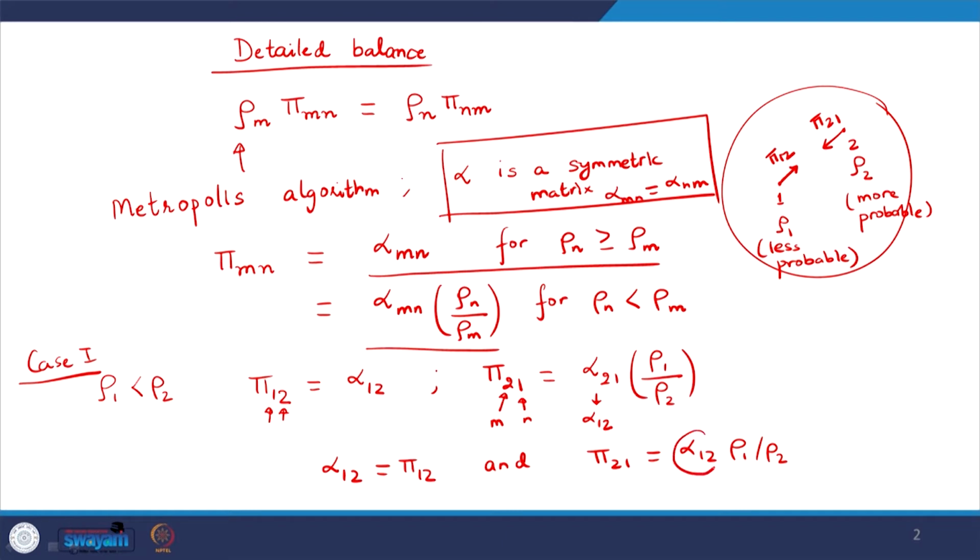So I can replace this alpha 1 2 with pi 1 2 using the first equation, and we therefore obtain pi 2 1 multiplied by rho 2 is equal to pi 1 2 multiplied with rho 1. That is exactly the detailed balance condition